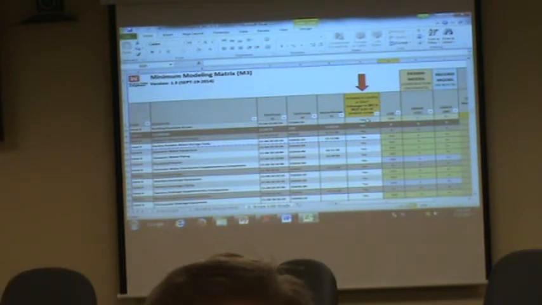He's working on mechanical. So he's going to go through here and say, okay, does this project have domestic water equipment? Yes or no. Does this project have domestic water piping? Yes or no. And when you fill this out, it'll help you determine what you've got to put in your model and what level. There's no more ambiguity. This is what it is.